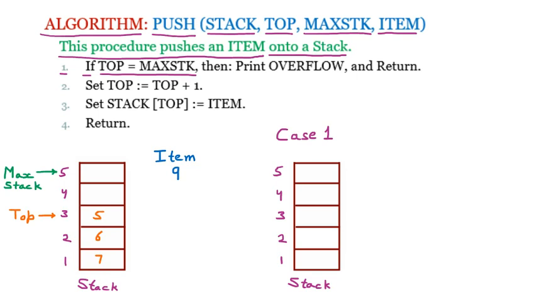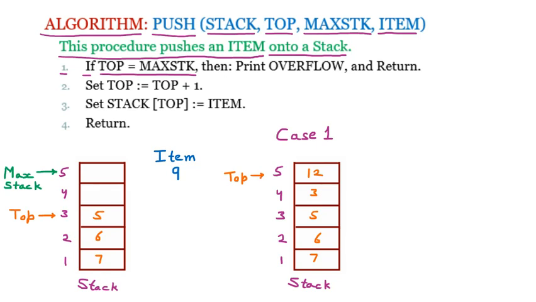Let us suppose that we have a stack, and we are assuming that all the elements are filled. Let us suppose the elements are 7, 6, 5, 3, 12. These are the elements which are present in the stack. Now we already know the number of elements in the stack is called the top. So the top is pointing to 5.